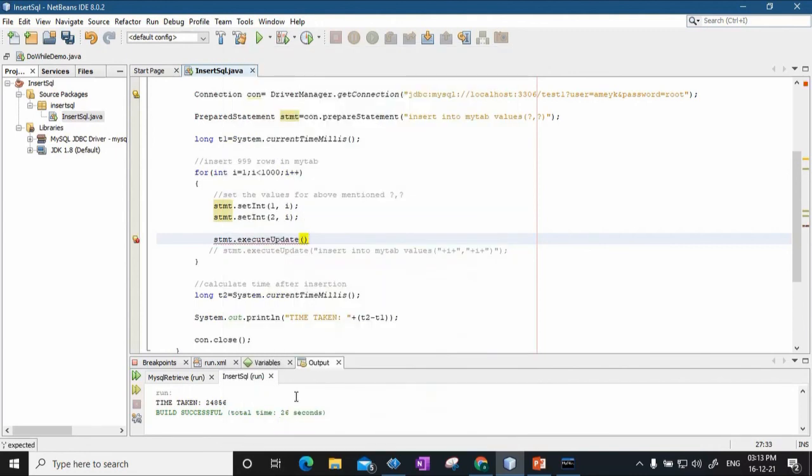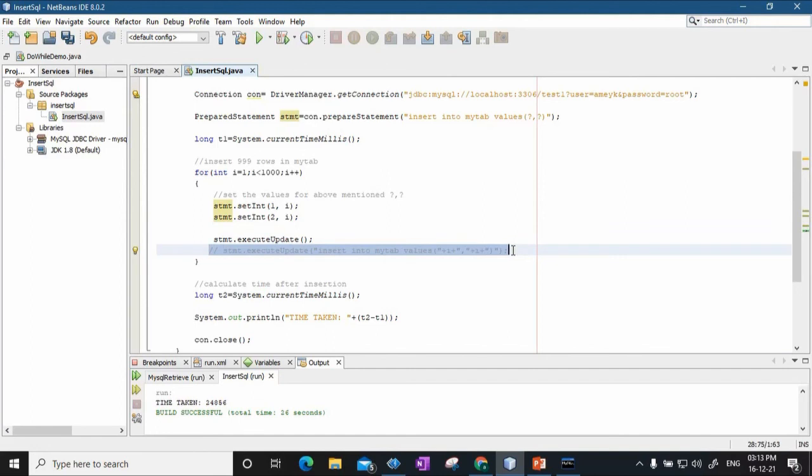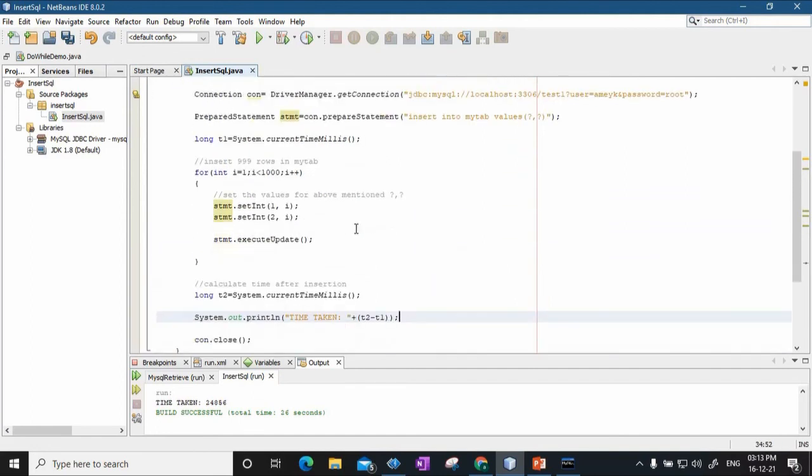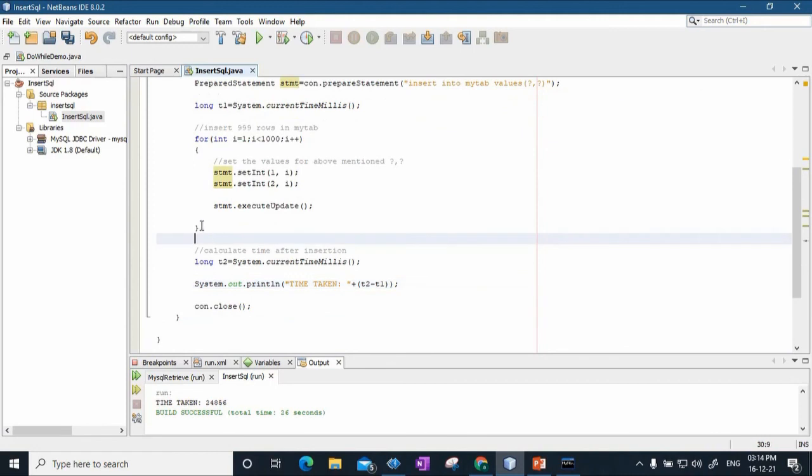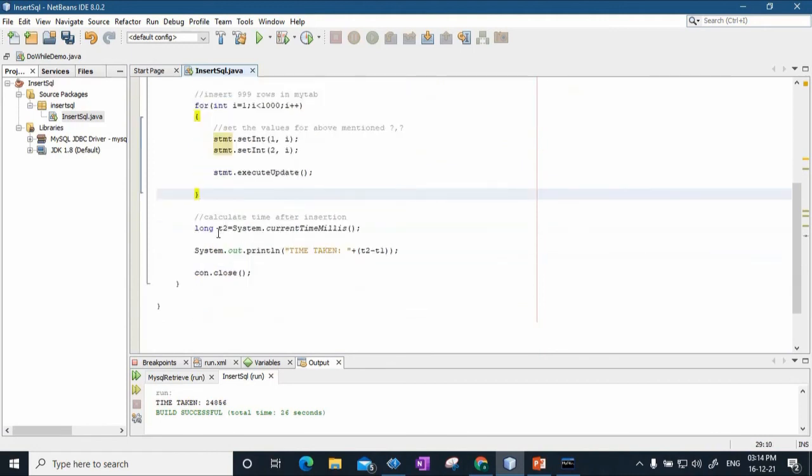That means it will execute the update, and this will be reflected in the database table. Fine. So this is the small code that we have modified. And now, after doing this insertion, we again calculate the current time, and the total time elapsed will be T2 minus T1, and finally the connection is closed.